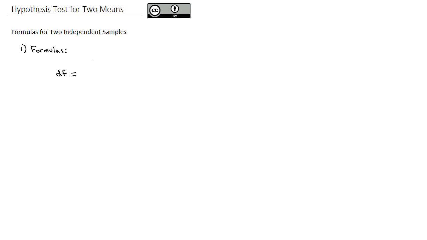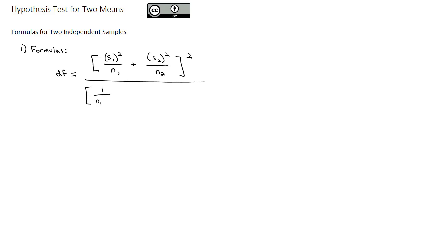Here's what it is. In the numerator, you're going to have the standard deviation of the first sample squared divided by the sample size of the first sample, plus the standard deviation of the second sample squared divided by the sample size of the second sample. And that whole thing is squared. And then we divide by, in the denominator, 1 over 1 less than the first sample size times the standard deviation of the first sample squared divided by the sample size. And all of that is squared,